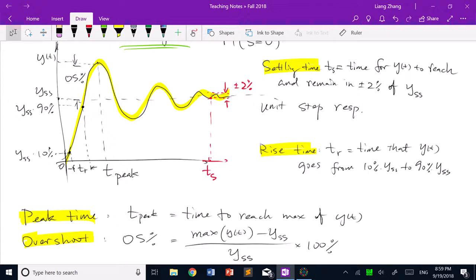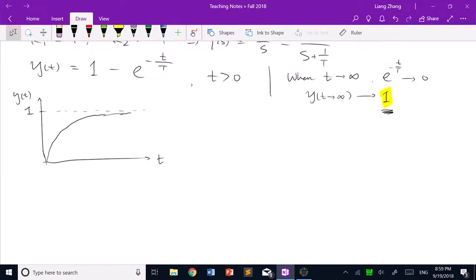Okay, how much time does it take to rise from 10% of the steady state to 90% of the steady state? And how much time does it take to settle, that is, reach and remain within plus or minus 2% of the steady state level? But if you look at this,